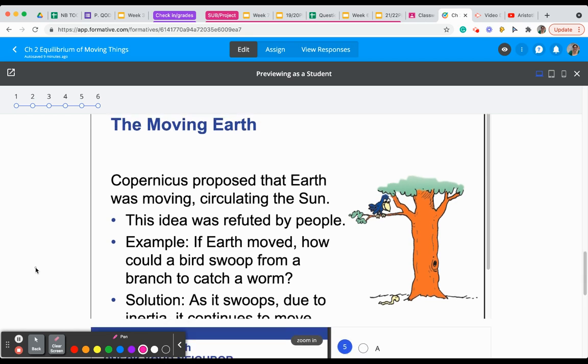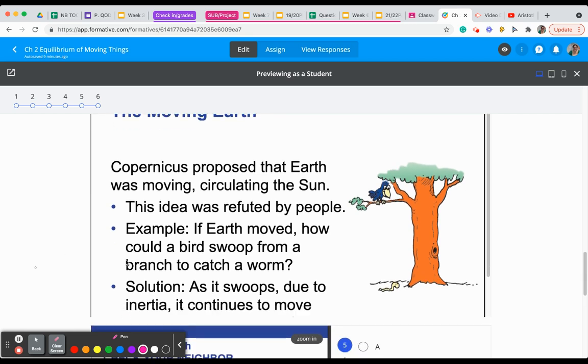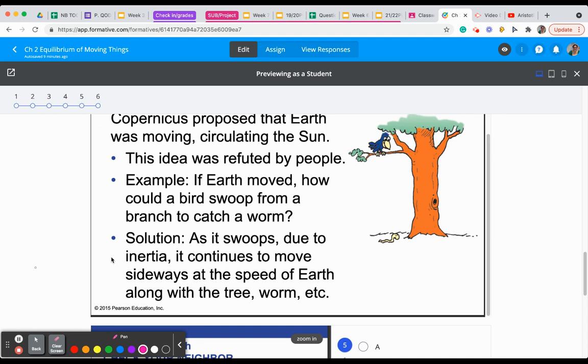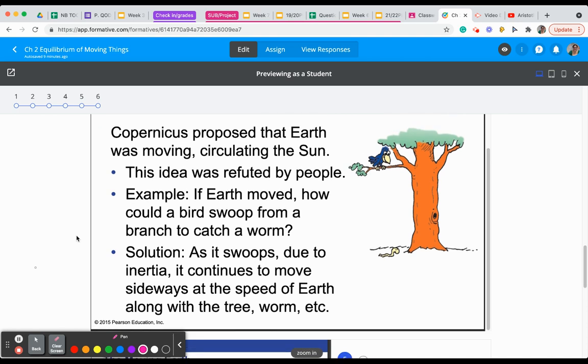The moving Earth. Copernicus proposed that Earth was moving, circulating the sun. This idea was refuted by people. For example, if the Earth moved, how could a bird swoop from a branch to catch a worm? Solution: as it swoops, due to inertia, it continues to move sideways at the speed of Earth along with the